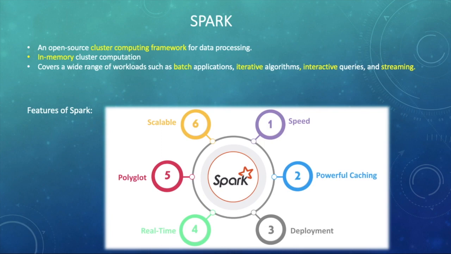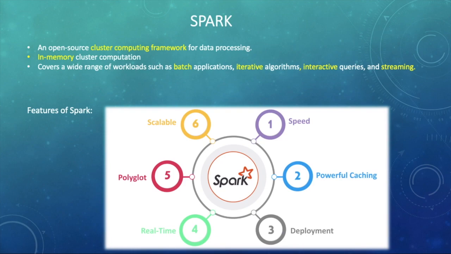Now let's talk about some extraordinary features of Spark. First and foremost is its speed. Spark runs up to 100 times faster than Hadoop MapReduce for large scale data processing. Second is that Spark has powerful caching, which is for reusing some computations by keeping data in memory or disk, which provides significant performance improvement while running multiple queries on the same data. So its simple programming layer provides powerful caching and data persistence capabilities.